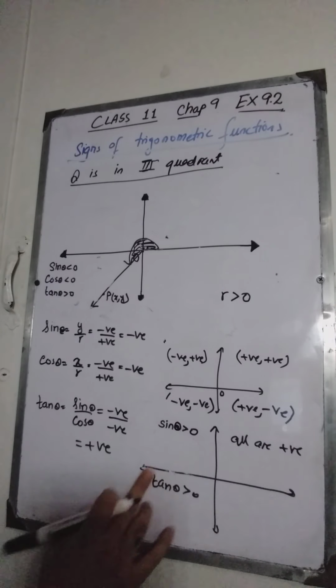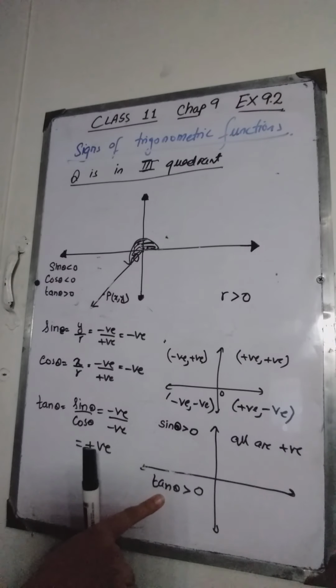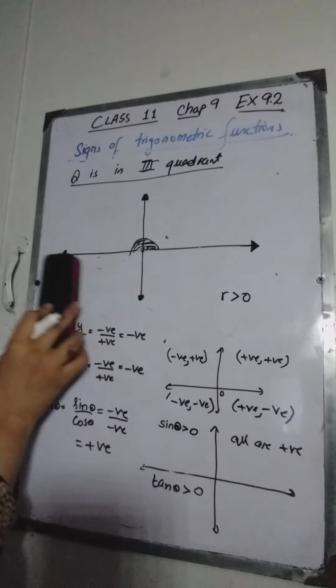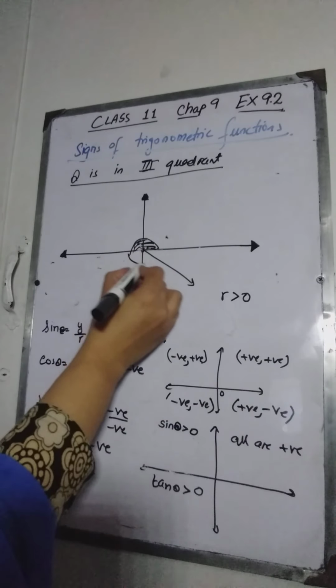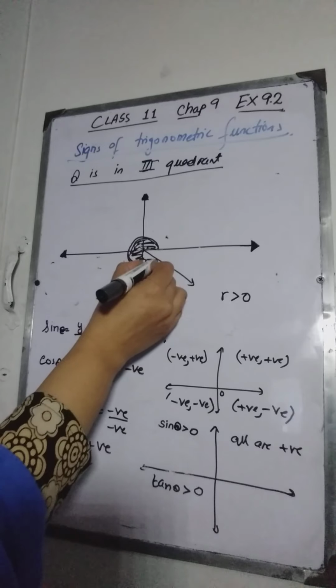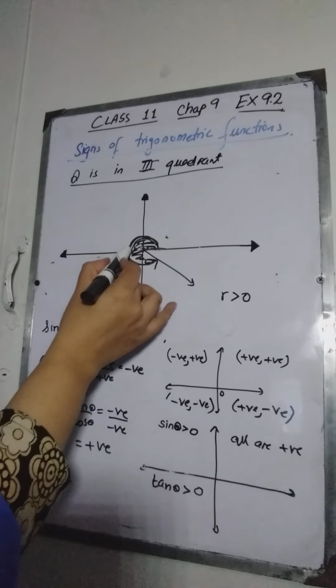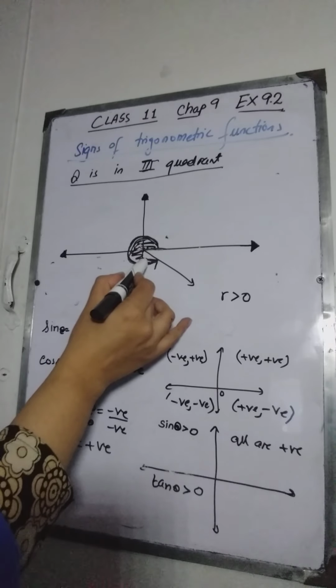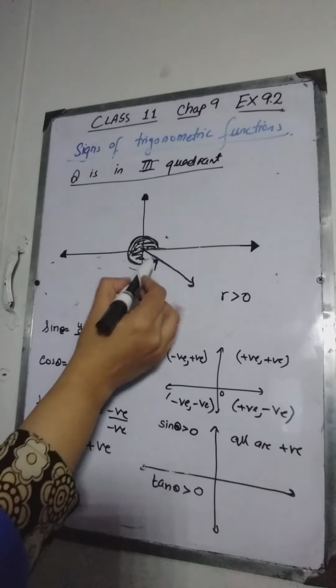So it's easy to remember, only tangent will be greater than 0 and the remaining trigonometric ratios will be less than 0. Now similarly we can find out for the fourth quadrant. If the angle lies in the fourth quadrant, its terminal ray will be in the fourth quadrant. This is how we draw the angle: it will start from here and go all the way to the position of this ray. This is the angle in the fourth quadrant.